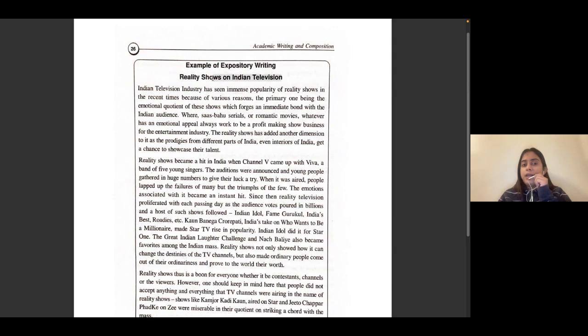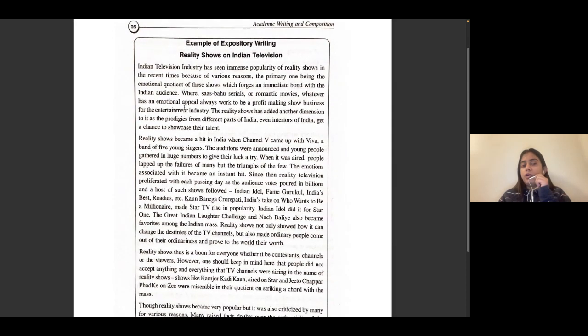तो जैसे आपने ऐसे में सबसे पहले क्या किया, आपने अपनी हेडिंग दी. This is an example of essay: Indian television industry has seen immense popularity of reality shows in the recent times because of various reasons, the primary one being the emotional quotient of these shows. तो आप यहाँ पे क्या कर रहे हैं, एक्सप्लेन कर रहे हैं। आपने क्या एक्सप्लेन किया अपने इंट्रोडक्टरी पैराग्राफ में, हमने जो इससे प्रीवियस क्लास में पढ़ा था कि कोई भी राइटिंग हो उसमें क्या होता है, आपका पैराग्राफ, इंट्रोडक्टरी पैराग्राफ, मेन बॉडी और कंक्लूजन में डिवाइडेड होता है। उसी तरीके से एक पैराग्राफ में जो आपका सबसे पहला लाइन है वो क्या है, टॉपिक सेंटेंस, फिर क्या है सपोर्टिंग सेंटेंस।